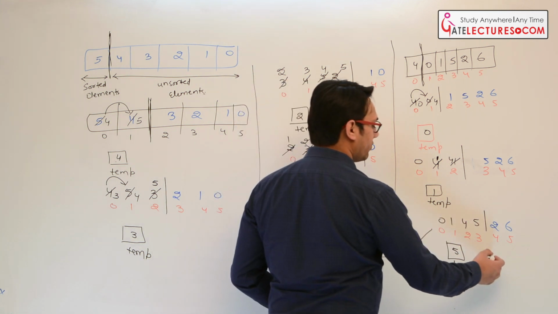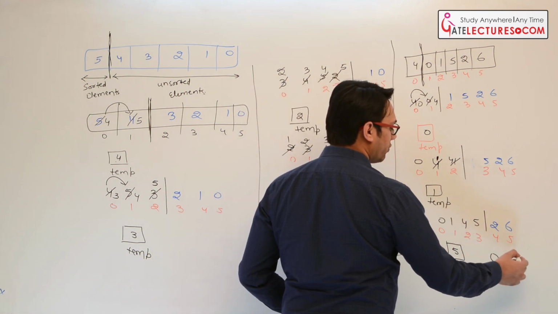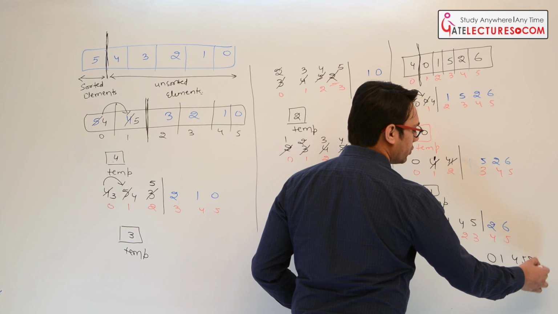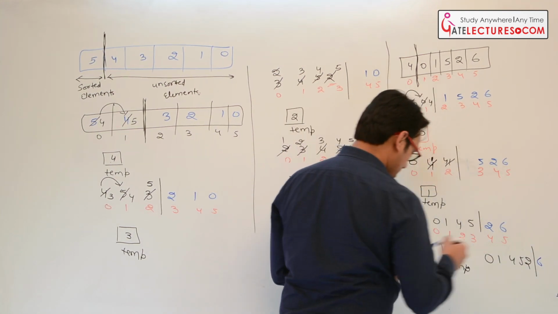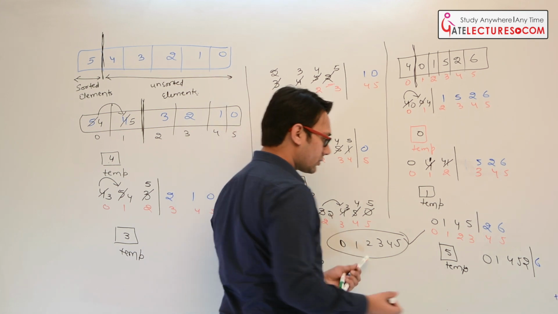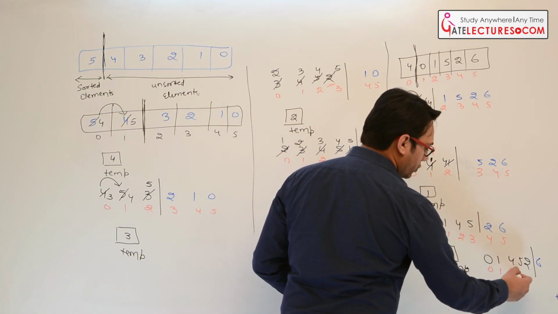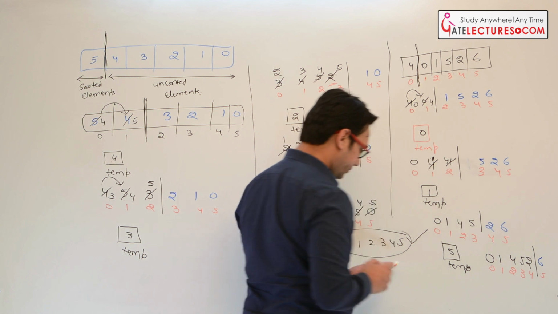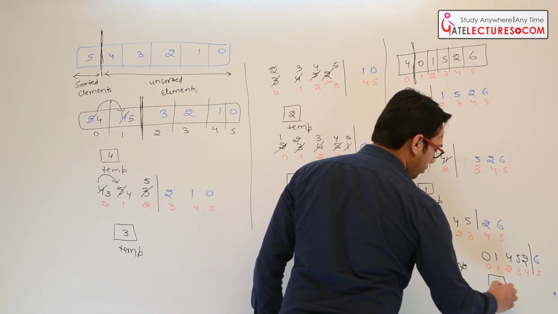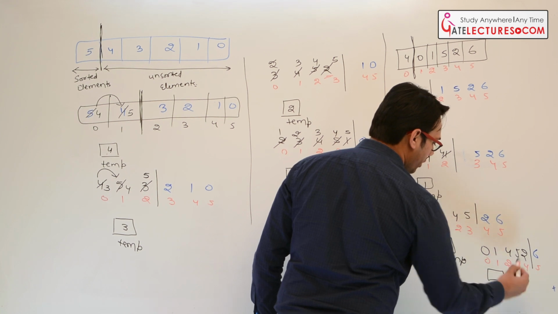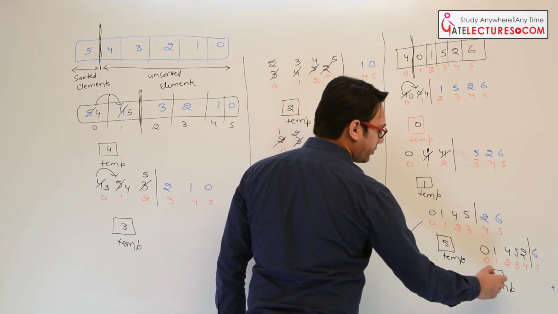So if you shift the window again, the elements we are going to get are 0, 1, 4, 5, 2, and we have the element 6. Index locations are 0, 1, 2, 3, 4 and 5. Okay, and then we have the temporary variable temp here. Okay, now store 2 here.